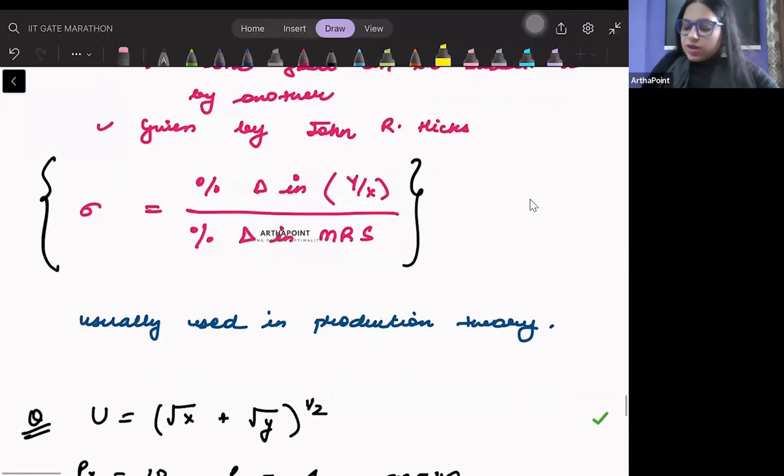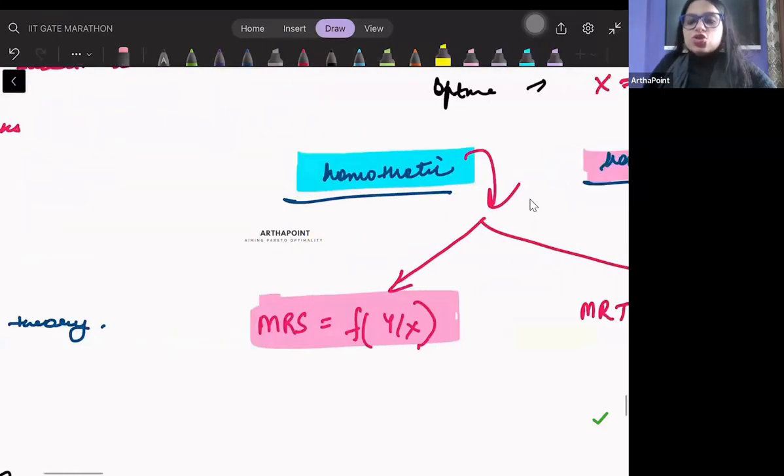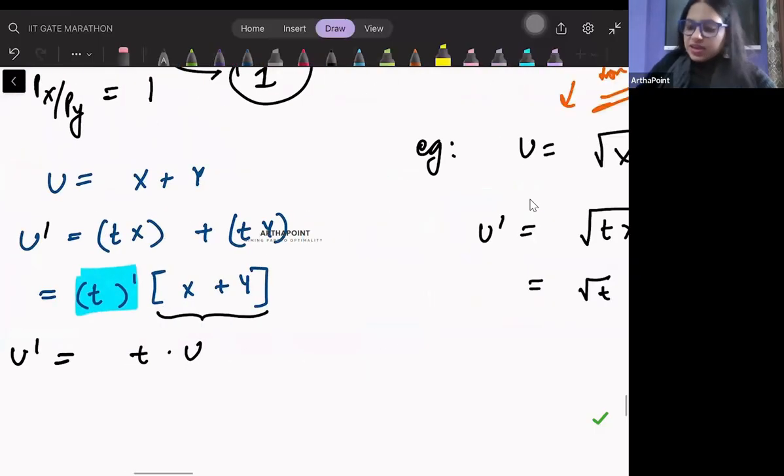Okay, ये हो गया. So now elasticity of substitution. ये ज़्यादा concept is used in the production side. But यहाँ के लिए just remember, it just tells me how y by x changes as MRS changes. So which means that if I just make an indifference curve,